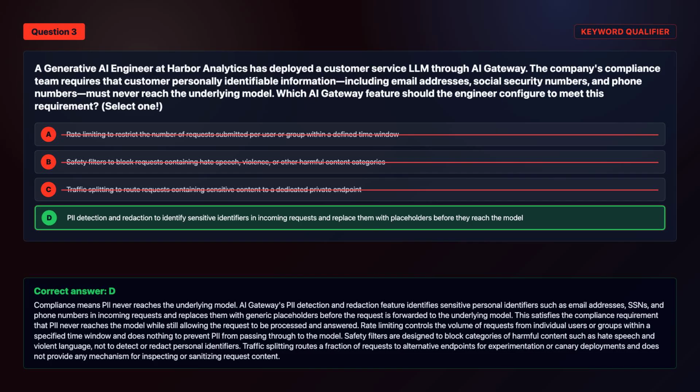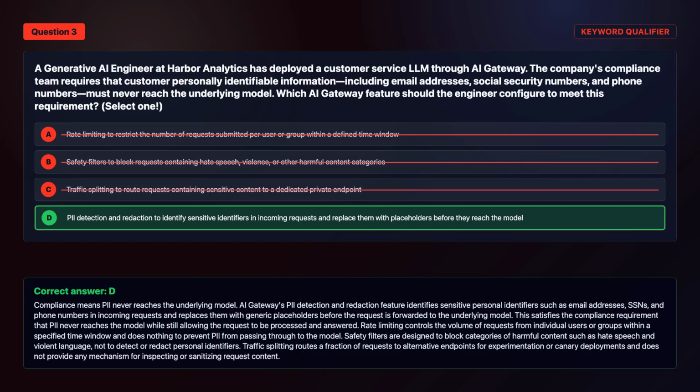Compliance means PII never reaches the underlying model. AI Gateway's PII detection and redaction feature identifies sensitive personal identifiers, such as email addresses, SSNs, and phone numbers in incoming requests and replaces them with generic placeholders before the request is forwarded to the underlying model. This satisfies the compliance requirement that PII never reaches the model while still allowing the request to be processed and